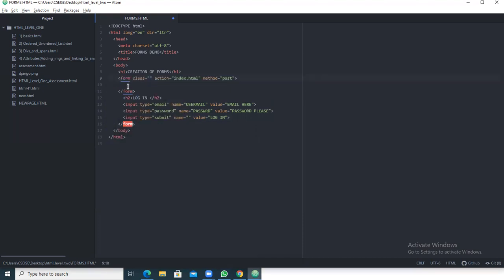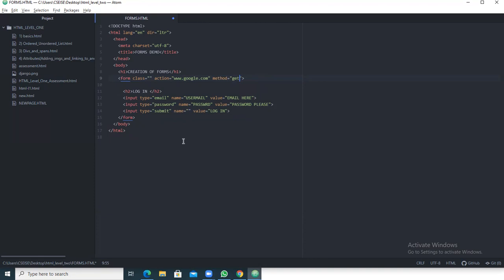Take this form, remove this particular path under this index.html, and take it as www.google.com, in small letters. Method is equal to get.